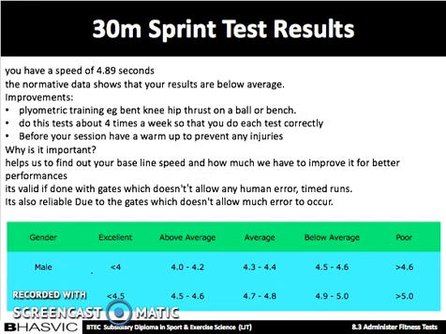We will improve your speed by using plyometric training, such as doing 3 sets of 10 reps of bent knee hip thrust on a ball or bench, and slowly increasing the reps. This will improve your isometric and eccentric hamstring strength. Care will need to be taken to avoid injuries, as plyometric training is high intensity training with more likelihood